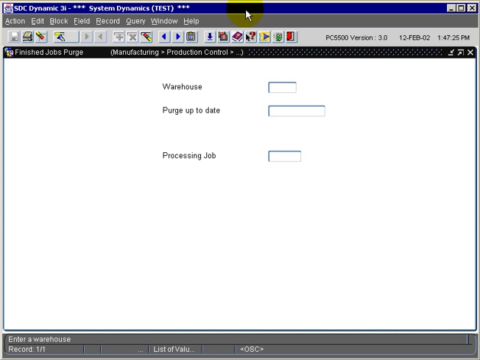In this session we're going to cover the finished jobs purge within the manufacturing production control environment of Dynamic 3i. When we first come into this application, we're being asked for the warehouse to run the purge on. As far as finished jobs are concerned, as the jobs are completed and committed